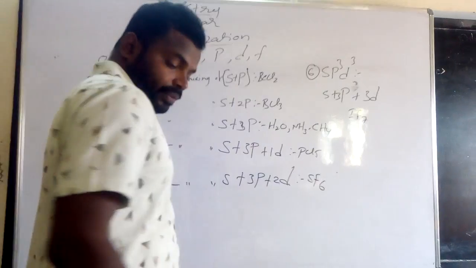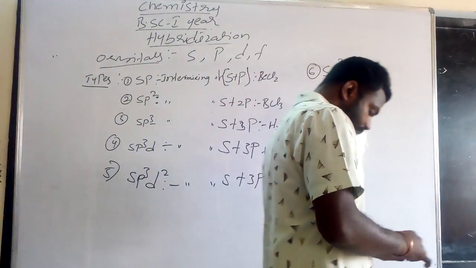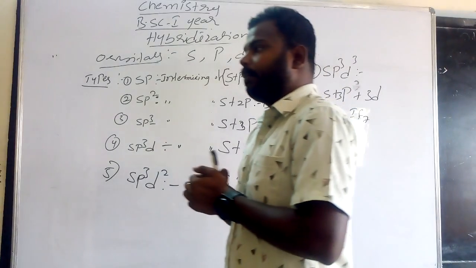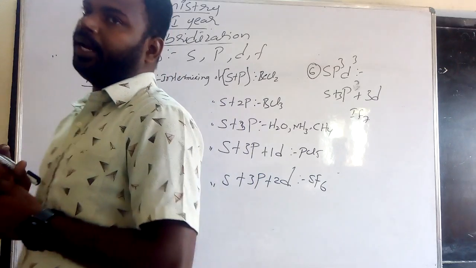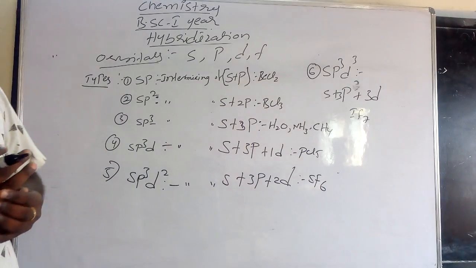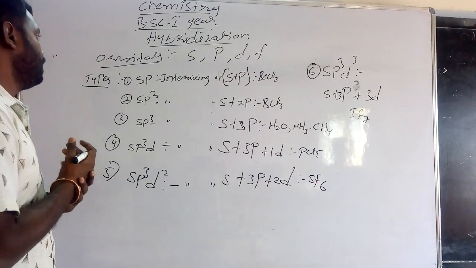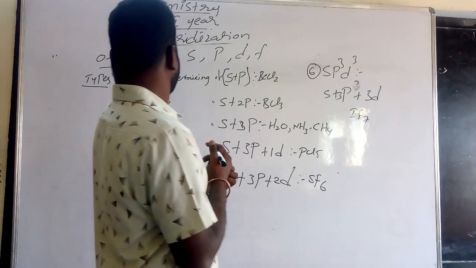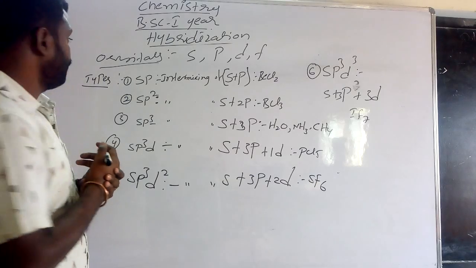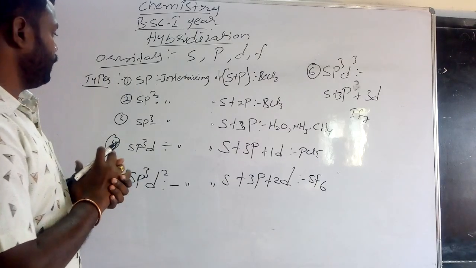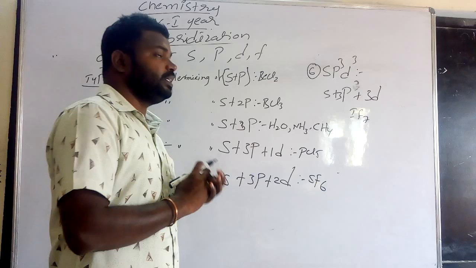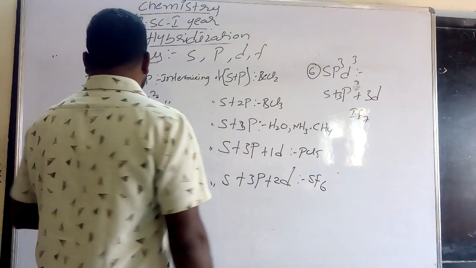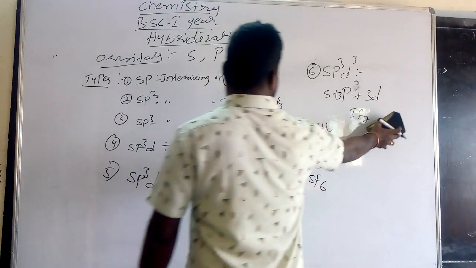Once again I repeat, what is hybridization? Intermixing of two or more orbitals are combined to give new equivalent hybrid orbitals. This process is known as hybridization. The number of orbitals are 4. Orbitals are s, p, d, f. Types of hybridization: sp, sp2, sp3, sp3d, sp3d2 and sp3d3. Now we are discussing